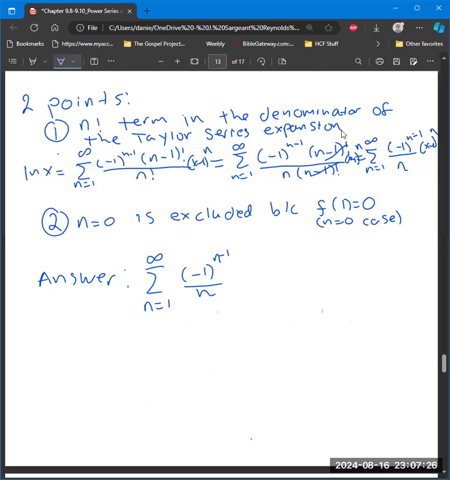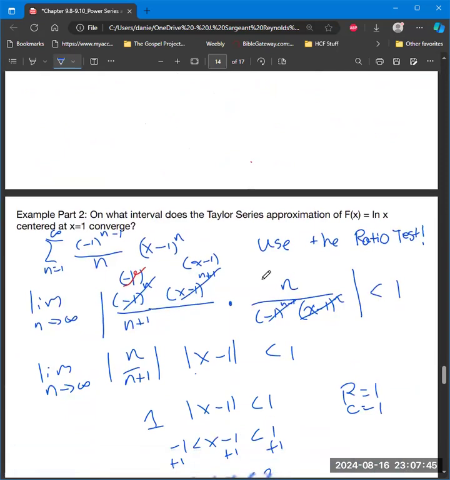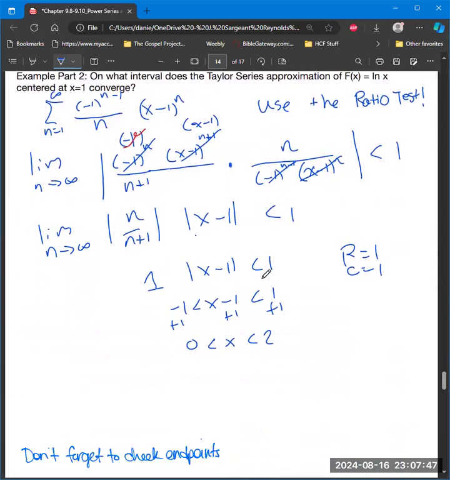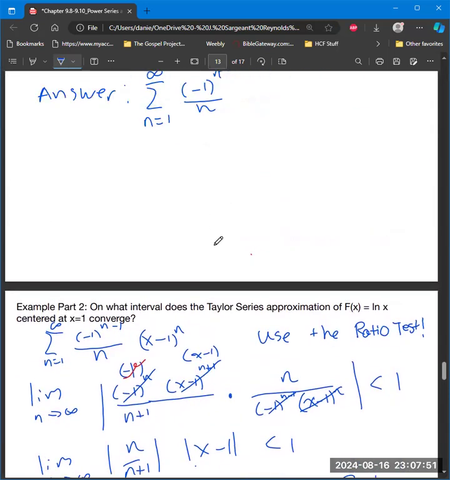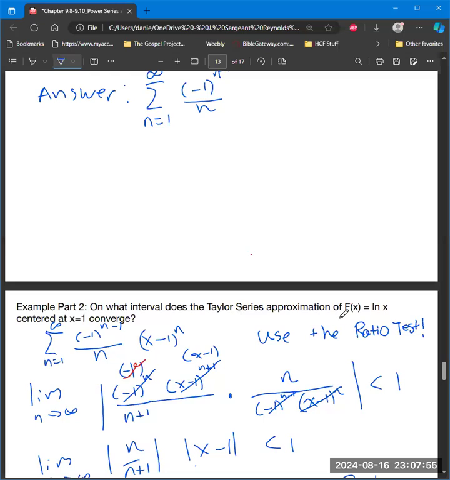there it is. That's from right up here, just writing it down again: the sum from n equals 1 to infinity of -1 to the n minus 1 over n. And again, this one is a little different than normal. We're starting at 1 because the zero term is 0, so we don't need to write it. All right, next example, actually same function, but just part 2 of it: on what interval does the Taylor series